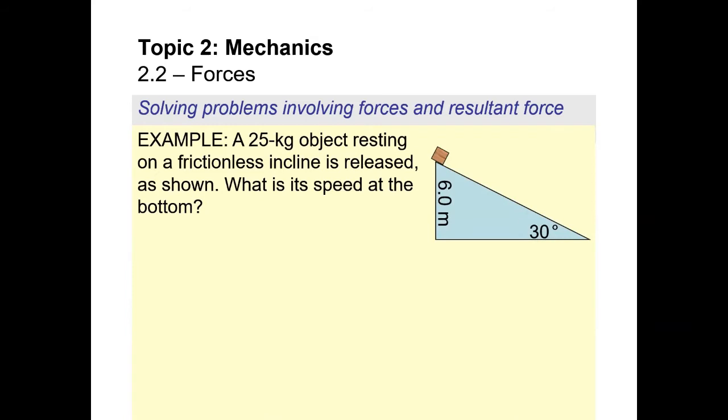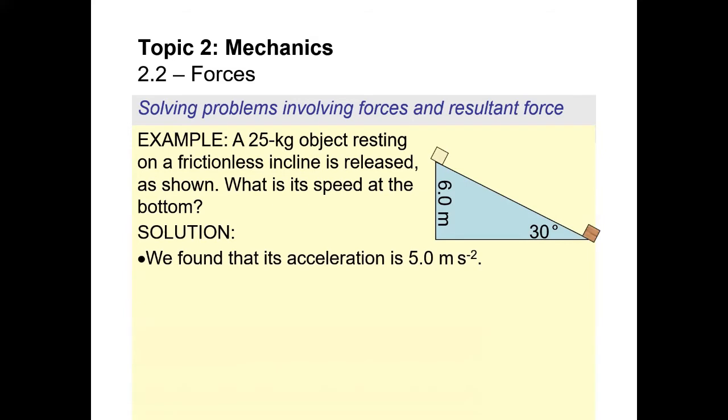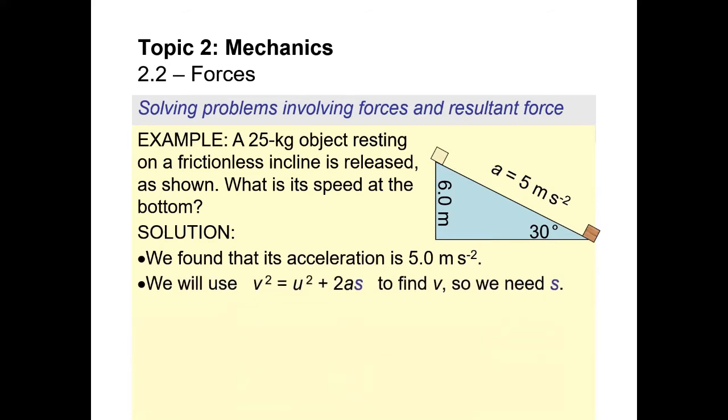What is its speed at the bottom? We found that its acceleration is 5 meters per second squared, parallel to the surface. We don't know the time, so let us use the timeless formula, V squared equals U squared plus 2AS. To find final velocity, we need the displacement,